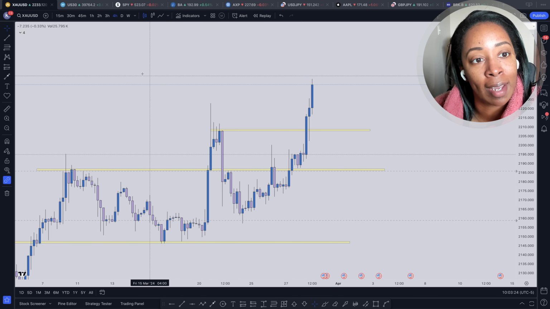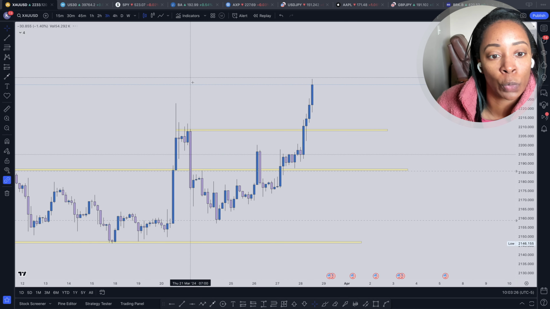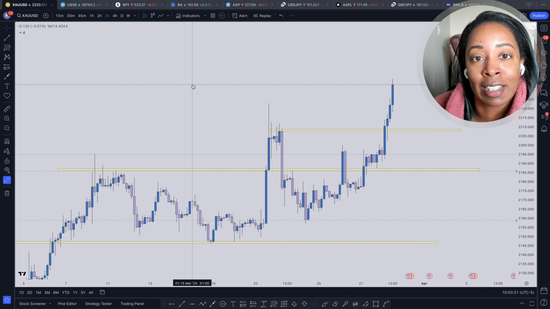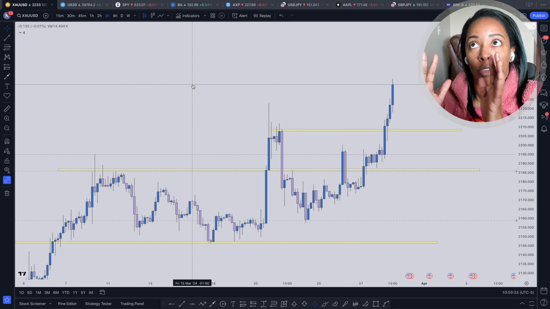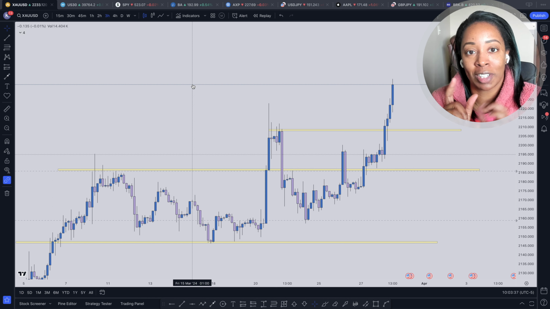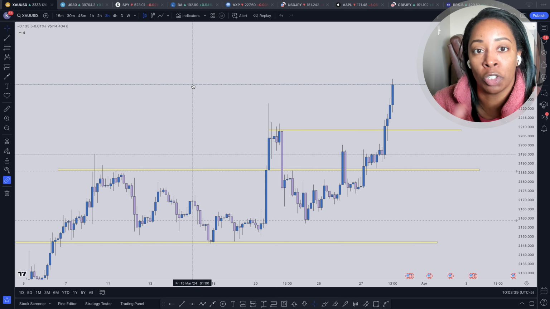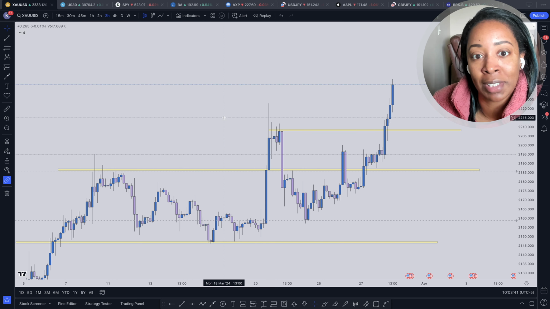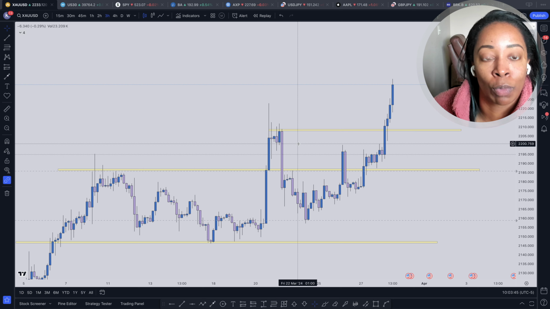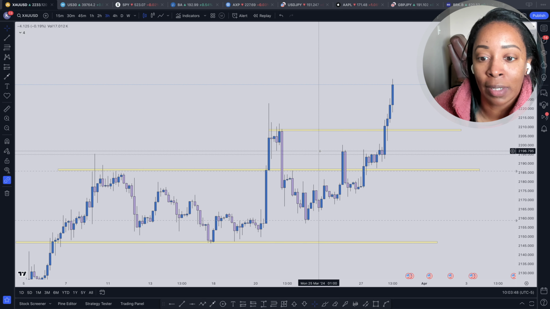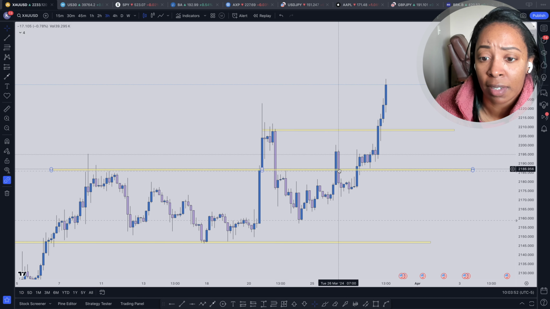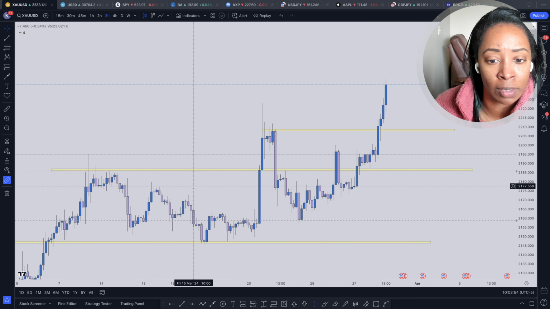So let's go ahead and look at this on the H3 time frame. And sometimes there's not going to be a whole lot of difference from the H4 time frame to the H3 time frame, just a small difference between. But sometimes there is. So that's why I still like to go to it, because it'll give me an opportunity to refine my levels. So looking at this, this still looks good. This still looks good to me, and so does this.